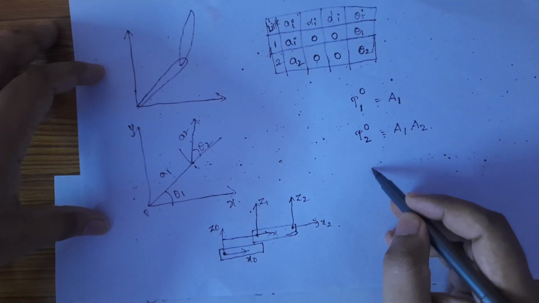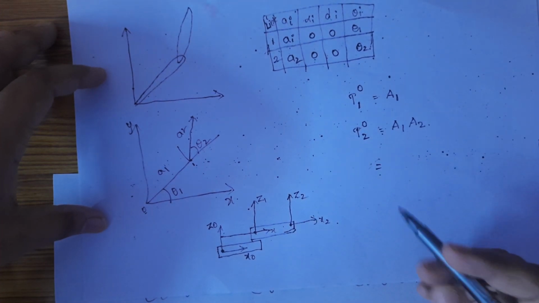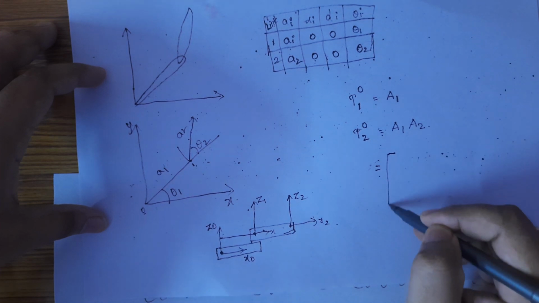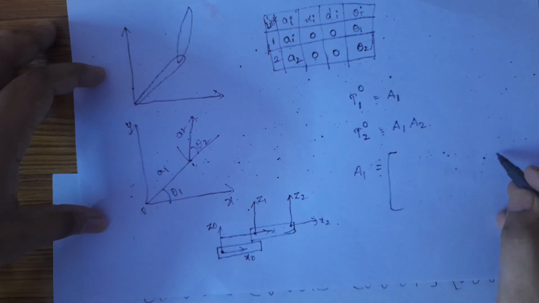We need to keep those data in matrix form. After keeping those data in matrix form, A1 is equal to,